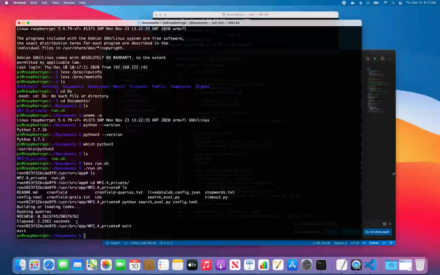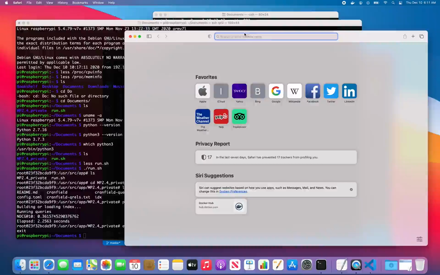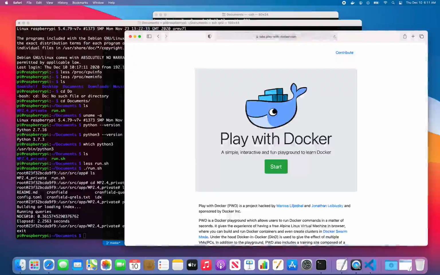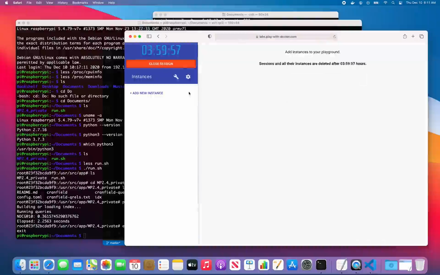I couldn't actually demo it for you there. So I'm like, okay, well, let's get really crazy. There's a site called labs.playwithdocker.com. All you have to have is a Docker Hub login, which you can get for free. And you can go to this site and start. This gives you 4 hours to play with a Docker environment that you can do whatever you want. Whatever you want means that it includes